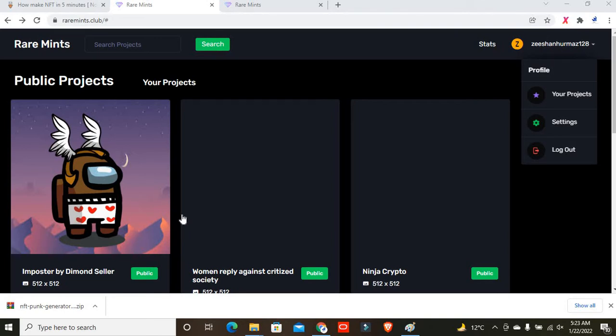How can we make an NFT? If you are looking to make a new NFT, you must subscribe, because I will show you in Adobe Photoshop how you can make the separate main parts of the NFT. I will upload a second video about that, but right now I'm just looking at how we can easily